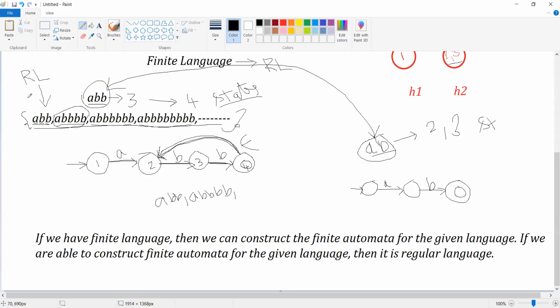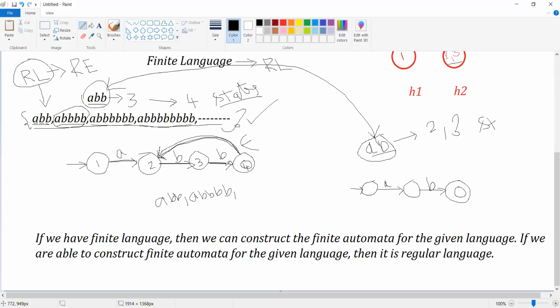that infinite language is also a regular language. So whenever we have been given some infinite language, we try to design a finite automata, or we try to design the regular expression. Whether we design a finite automata or a regular expression, whatever it may be, then we can automatically prove that that language is a regular language. Okay, so this is one simple example where we make use of this looping part.